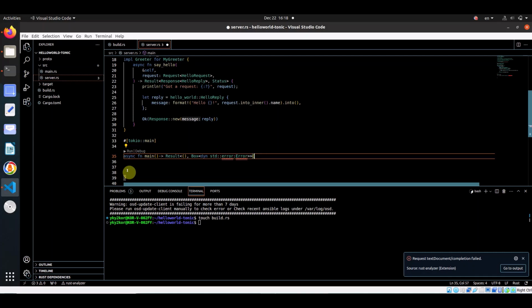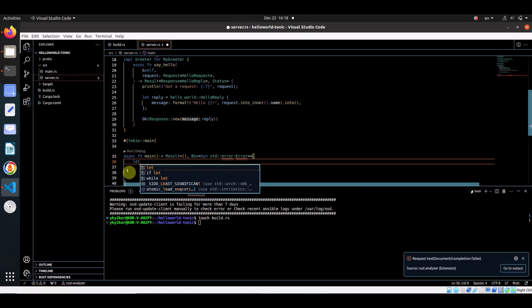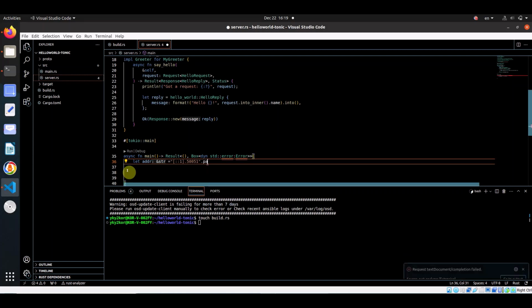So now inside this, that's called the let addr. So we're going to be defining the address over here. So for example, say this is the format that we're putting. We're going to call this parse over here. In case of any error,